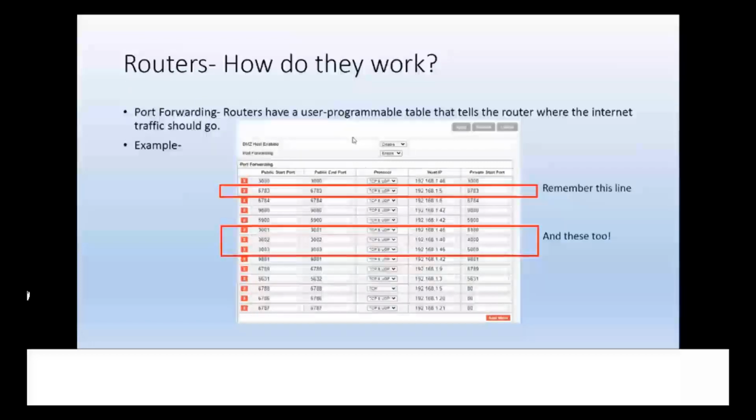Almost all routers that I've come across have a user programmable table that tells the router where all the internet traffic should go. These ports are basically software ports, but you can think of them in the same fashion as physical ports on your logger, for example. Like if you have 2 serial ports on the logger, those are 2 different ports. These are the software equivalents. So if you look at this table